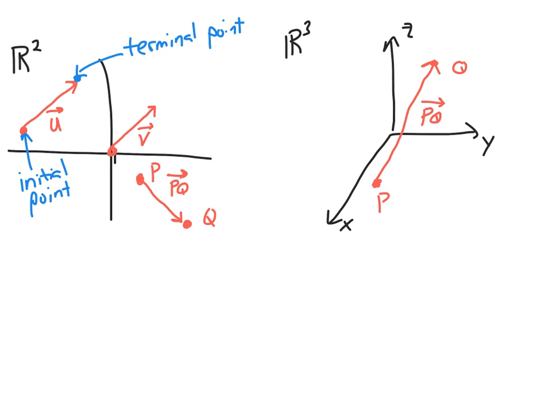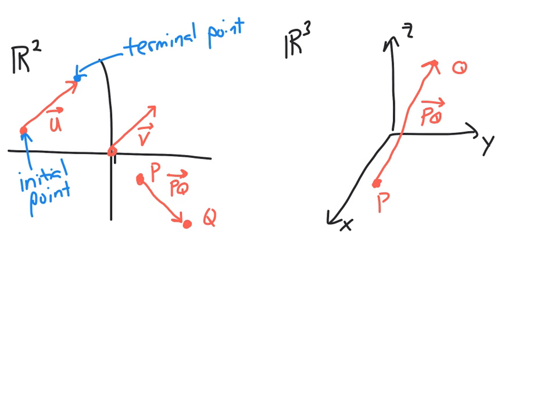With this in mind, it doesn't really matter if we're in the plane or in 3 space for these next couple things, but we want to talk about a few different properties that vectors have. The first thing is that vectors are defined in terms of magnitude and direction. We didn't say anything about the starting point when we defined a vector, and that's because we really don't care. In general, in an application, we probably would, but if we're talking algebraically, we really are just looking for size and